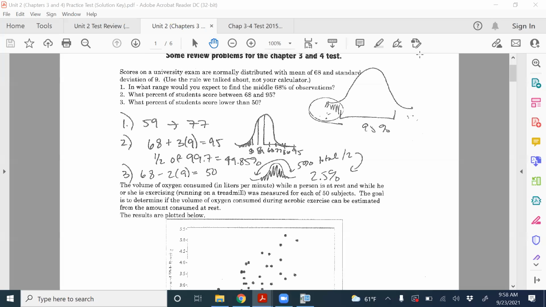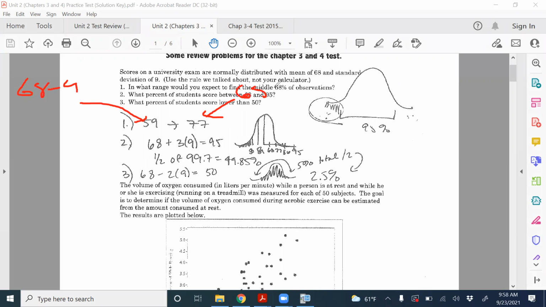All right. So the mean is 68. Standard deviation is 9. In what range do you expect to find the middle 68%? Well, we do know that the middle 68% is within one standard deviation. So you could just do this. You could say, hey, well, 59 is simply 68 minus 9. 77 is just simply